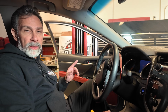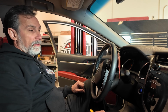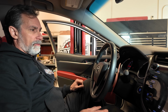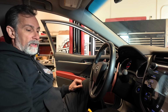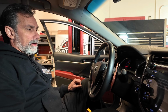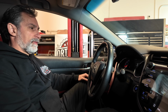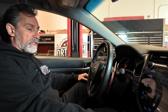I've already got the jumper installed between terminal 4 and terminal 13. We'll start the vehicle up, and then we're going to go for a few seconds in each gear selection all the way down to drive. Back to reverse. We're going to finish in park, and then we're going to move this gear selector